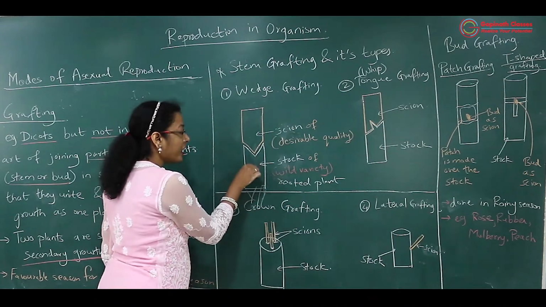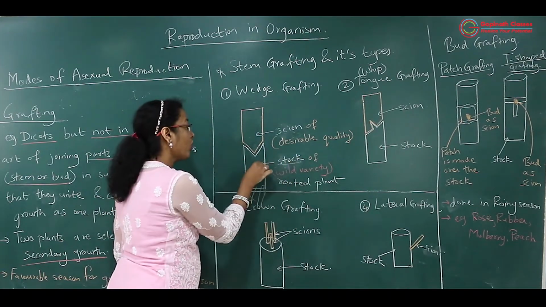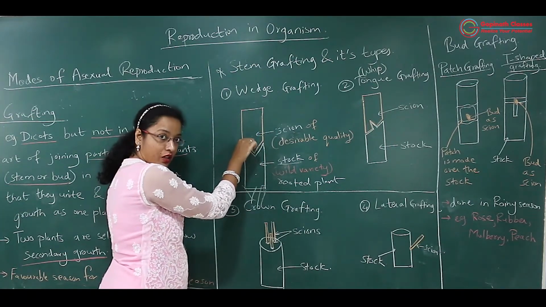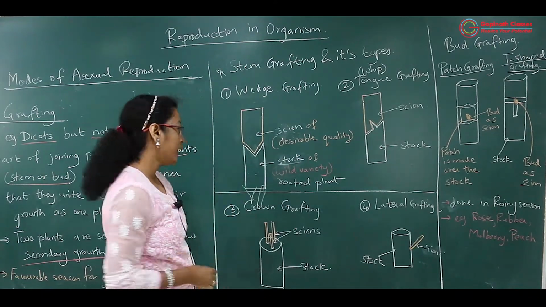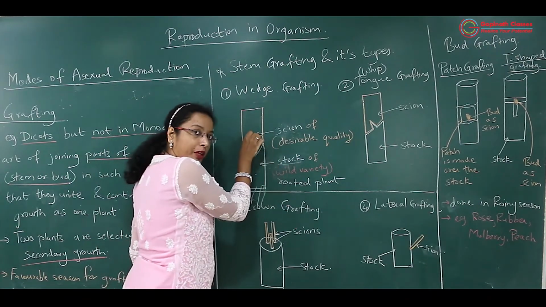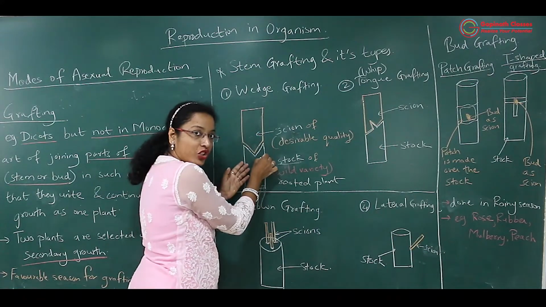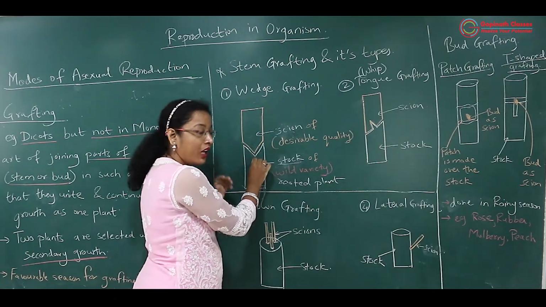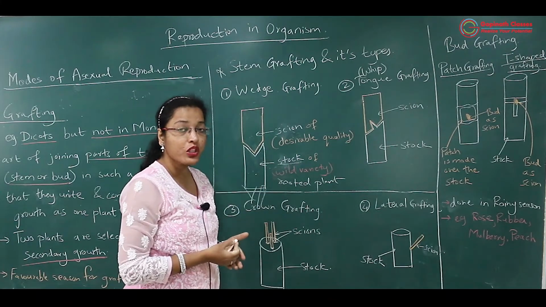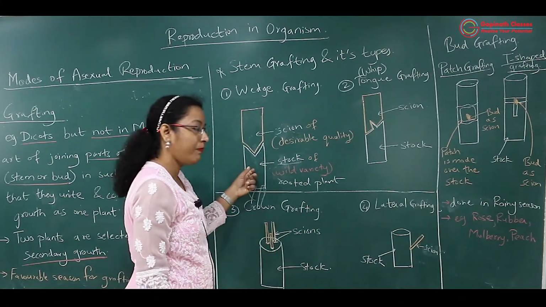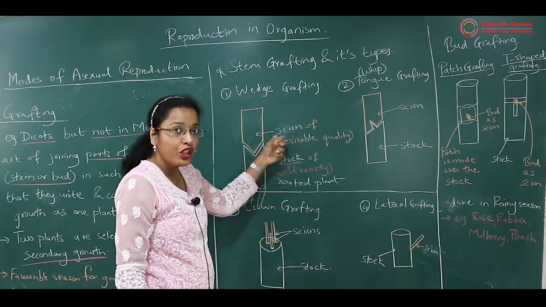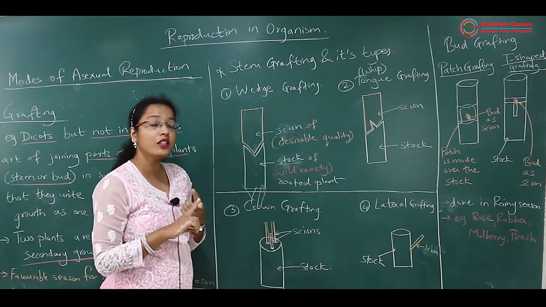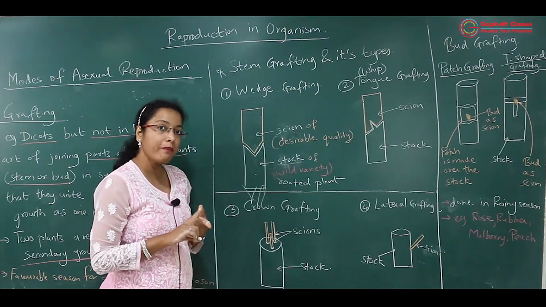So supposing these are the roots of the plant. Okay. So this rooted plant is known as stalk, and over this rooted plant another stem of another plant, the scion, is placed, but it is placed in such a way that the cambium of the stalk and the cambium of the scion come in contact with each other, and likewise there will be secondary growth and fusion of these two stems. Likewise, whatever new plant is produced will show the qualities of both the plants, that is stalk as well as scion. So while choosing the plant, remember you have to choose only dicot plants, because dicots show secondary growth, cambium formation,